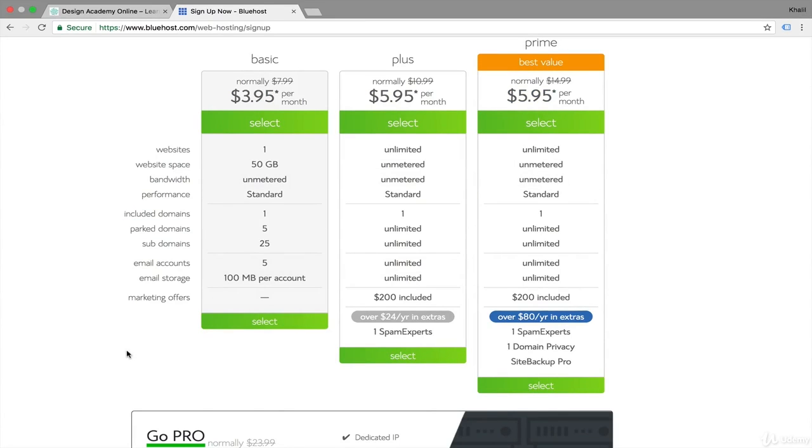If you're gonna make a simple website, go for the basic, don't pay much. Not a big website, not a company website for multiple emails and multiple data, go for the basic. For the prime, you get domain privacy, spam expert, and site backup pro within your website. You can get those through plugins later. It's a nice plan, actually it's not a bad one, but if you are tight on budget, go ahead, pick the